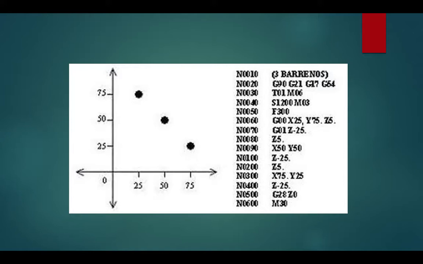G20 G21, it is the metric international or metric system. And G54, it is the system of coordinates number 1. Well, the next number of block is the 30, that is T01. It is the number of the tool, and M